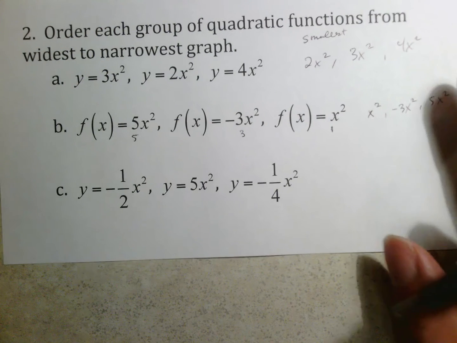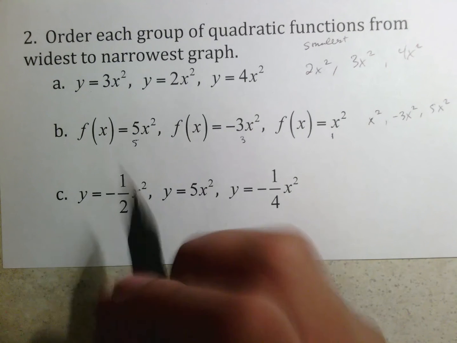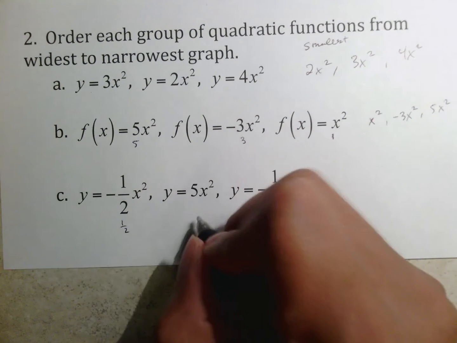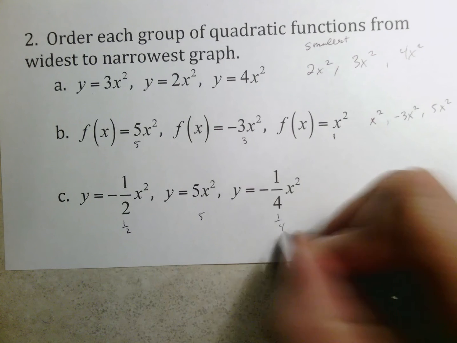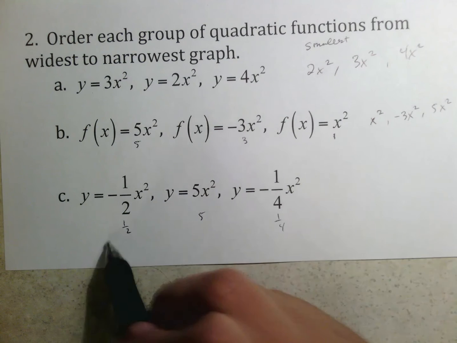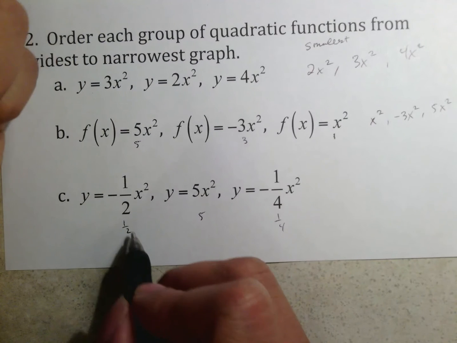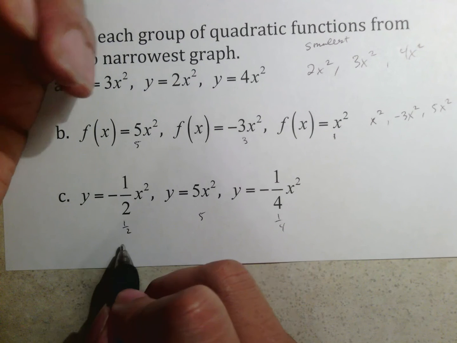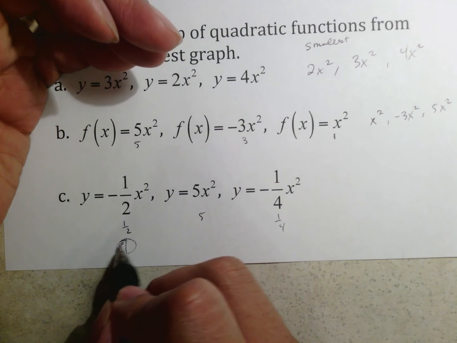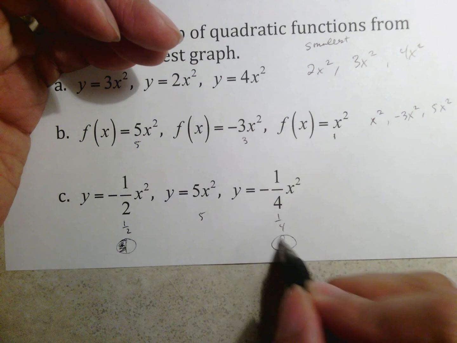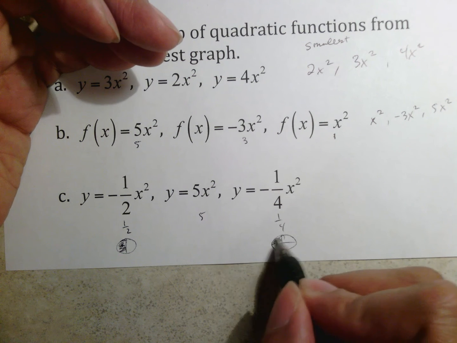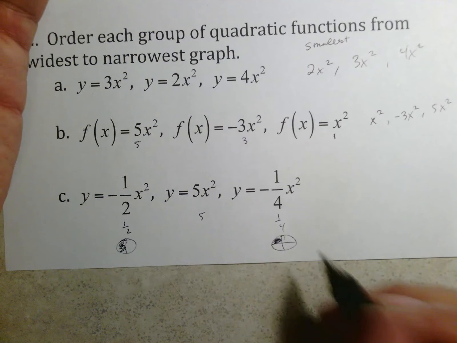And then looking at C, again, ignoring this, you have 1/2, you have 5, you have 1/4. When it comes to fractions, think about it like a pizza. If you break a pizza into halves and you eat half of a pizza, this is how much pizza you got. If you eat 1/4 of a pizza, this is how much pizza you got. So the smaller of the two would be the 1/4,